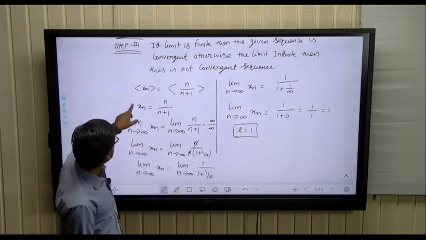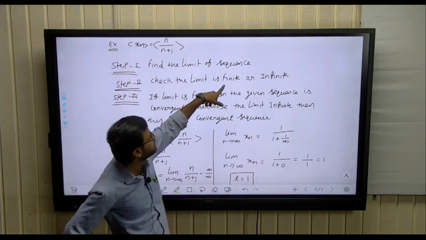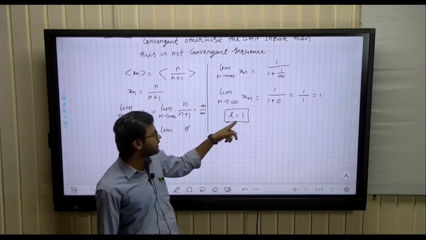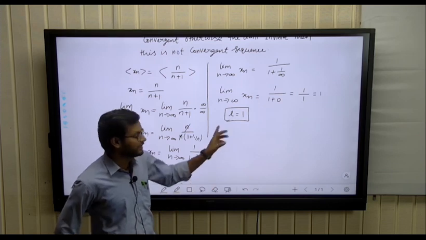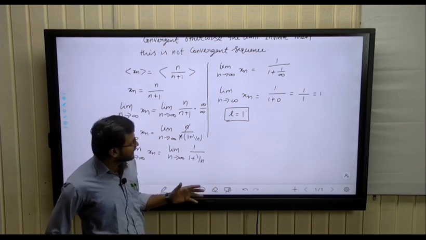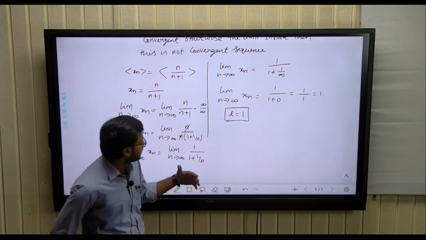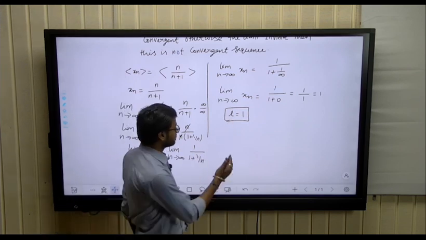Now the second step says to check whether the limit is finite or infinite. Now we see that we got the limit of the sequence is 1. This is a finite number, 1 is a finite number. So we say that if the limit is a finite number, then the sequence is convergent. Here 1 is a finite number, so this sequence is a convergent sequence. So we write here